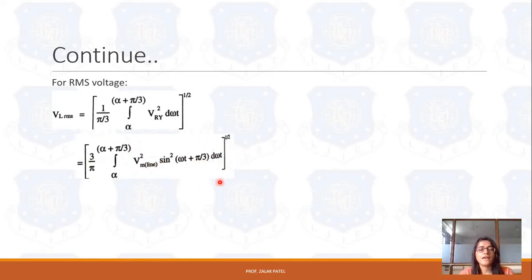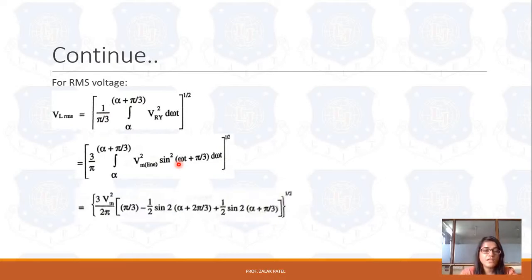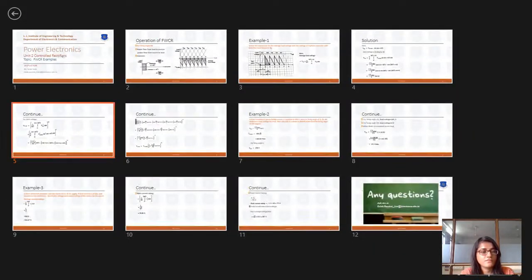Now again this sin square theta, if we have the trigonometry function sin square theta, then it can be written like 1 minus cos 2 theta divided by 2. So same rule can be applicable here also. So it can be written like 1 minus cos 2 omega t plus pi by 3 divided by 2. So it can be written like this. If we integrate this, it is actually equation like this: